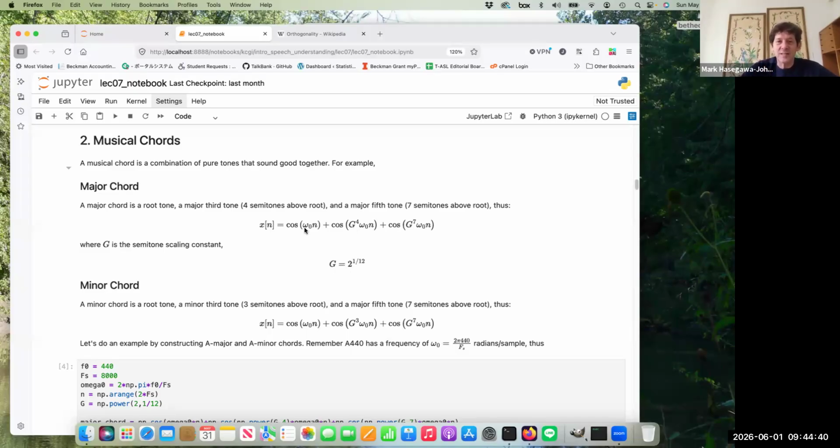We go from C to C sharp, D, D sharp, and then E. So this is the E note, g to the fourth times omega naught. And then we go up 3 more half steps from E to F, then F sharp, then G. So with this capital G, 2 to the 1/12th, we take our bass frequency, which is the A note, and we go up 7 half steps on the piano, and we play the result,